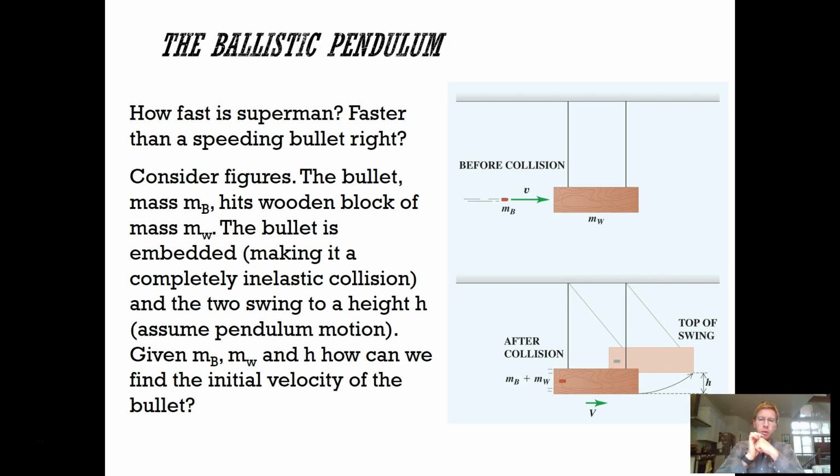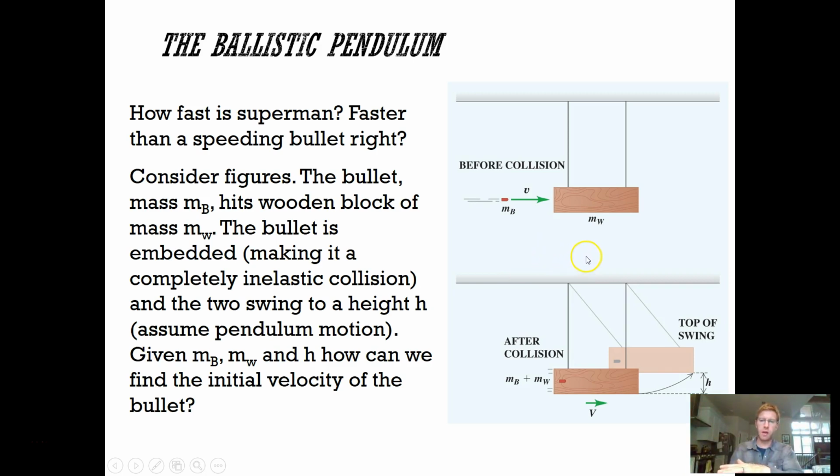So I want you to do that. I want you to help out the forensic scientists. They come and hire you because you know your physics, and they say, all right, we can find the mass of the bullet, we can weigh it, right? We can put it on a scale and find its mass. Same thing with this block of wood, all right? So knowing just those two masses and being able to observe the height that the block and bullet swing together as a result of this collision, I want you to calculate for me what is the initial velocity of the bullet. But since they want you to derive the equation for them so they can use it all the time,